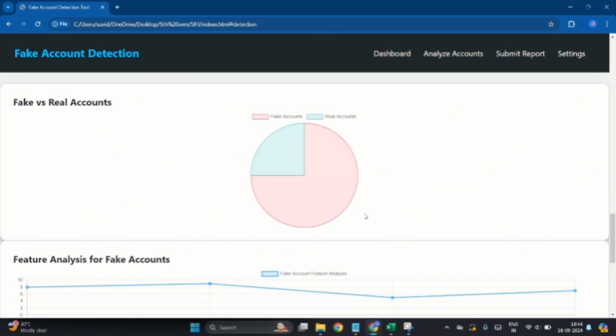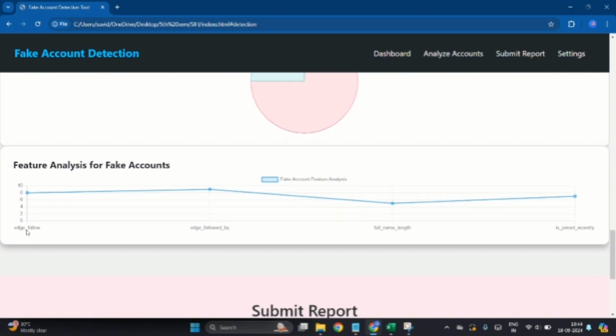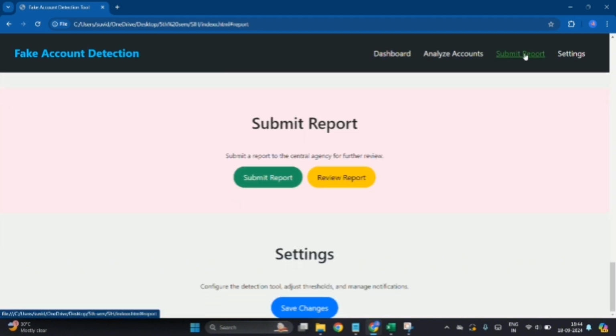The feature analysis shows which feature contributed the most to saying that the account is fake or real. Here we can see that edge_followed_by contributed the most to saying that the account is fake. And then we submit this report by clicking on the submit report button to the central agency for further review.